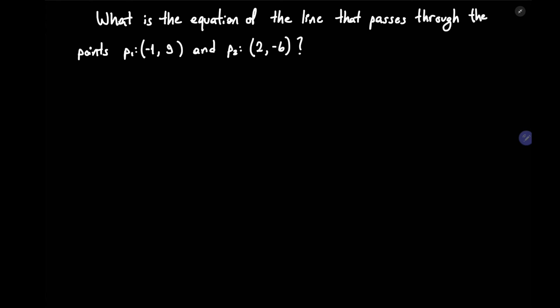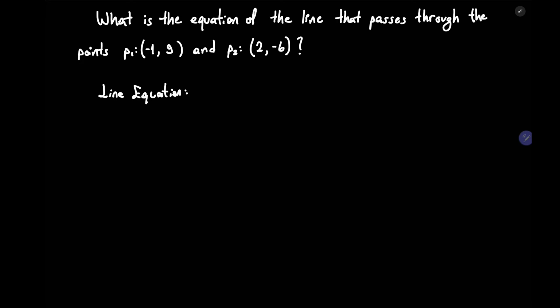Okay, so we are given 2 points that a line passes through, and we are asked the equation of this line. Let's read the question. What is the equation of the line that passes through the points P1, (-1, 9), and P2, (2, -6)? So as you know, line equation